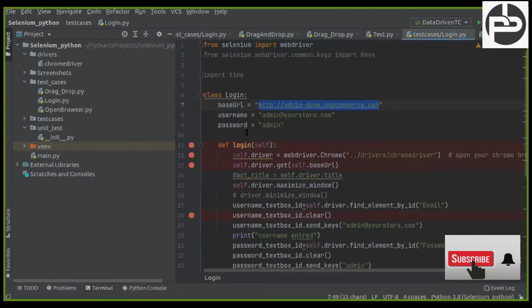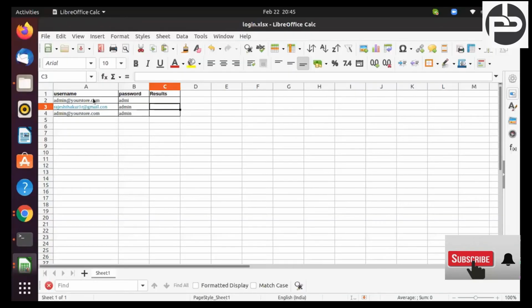Now coming to data driven testing. What are the things we are doing with this Excel sheet? We are doing various things: reading the data, writing, and also counting how many data points are available. Right now we have 3 data points, but tomorrow 4 more might come, and for every data point we have to check whether it is a success or failure. So we have to write custom methods which first return the number of rows, and read the data from the sheet row-wise and cell-wise. Clear? Any doubt? So this is one thing.